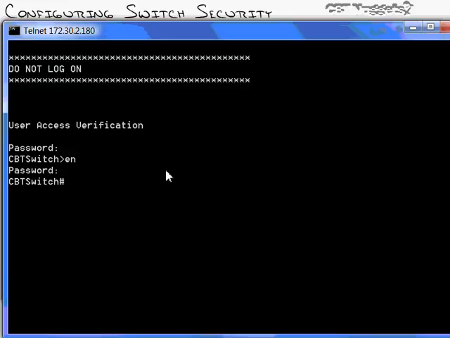The last thing I think I'm going to do in this video is show you how to turn on SSH. I was planning on showing you port security, but just based on the amount of time, I want to make sure I've got plenty of time to show that and demonstrate it because it's a very cool feature. So I think I'm going to bump that one to the next video. So what we've been doing, let's see, we've been